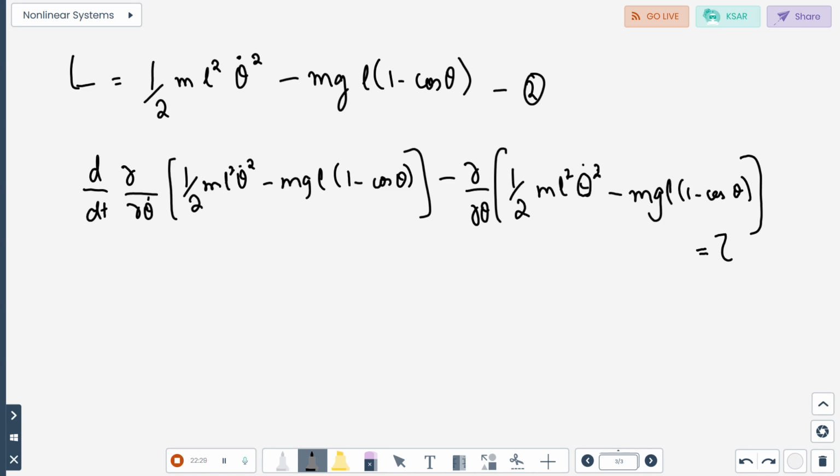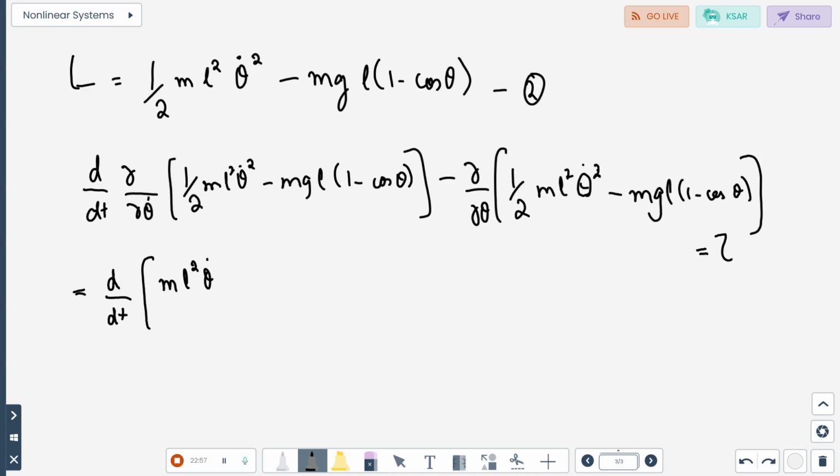So that means this becomes d by dt of 1/2 of ml square into differentiation of theta dot square, that becomes 2 theta dot, so 2 and 2 will go, so this becomes ml square theta dot only